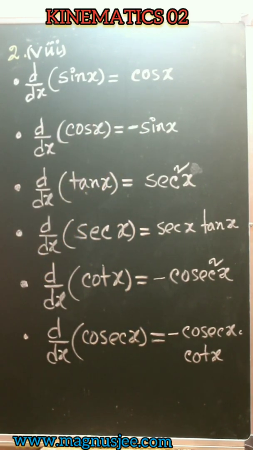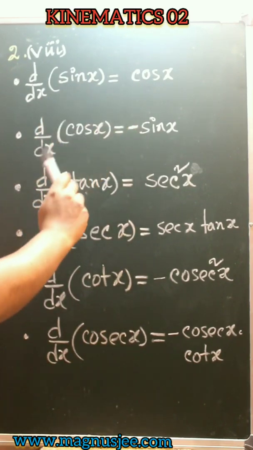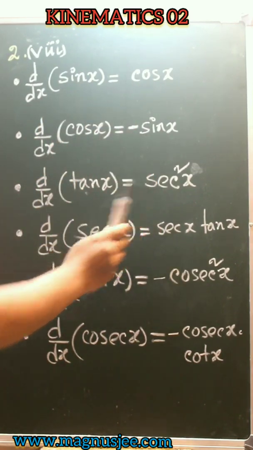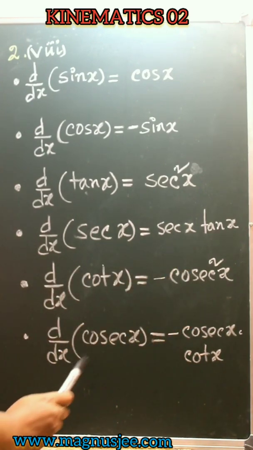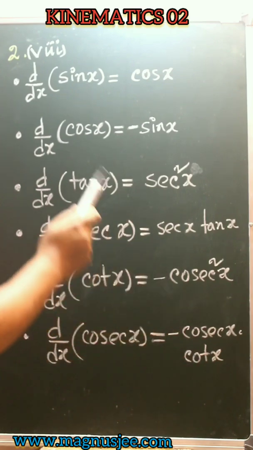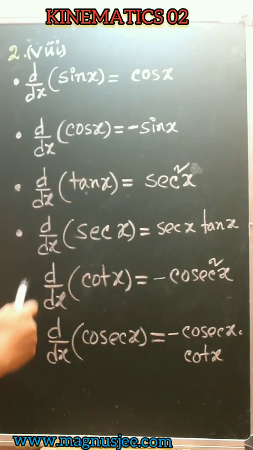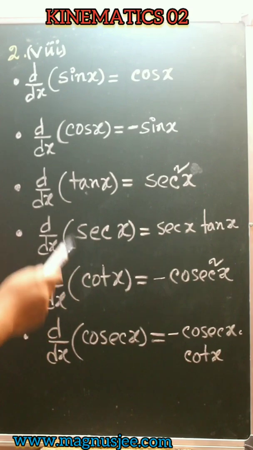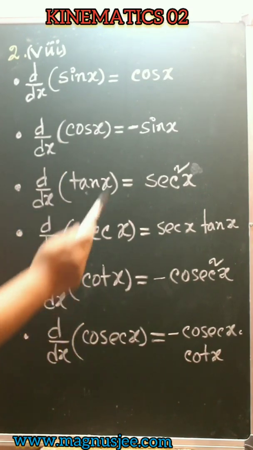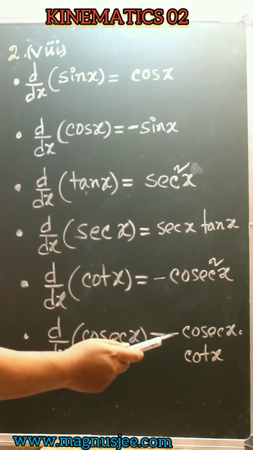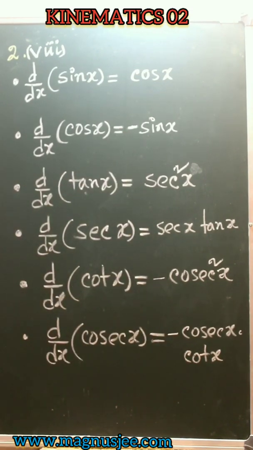And the important thing is, here we have a number of trigonometric functions. d/dx of tan x equals sec square x, d/dx of cot x equals minus cosec square x, and d/dx of cosec x becomes minus cosec x cot x. And we know that for cos x, cot x and cosec x, the first letter is c. That's why the differentiation of these trigonometric functions will be negative. d/dx of cos x is negative, which is minus sin x. d/dx of cot x is also negative, which is minus cosec square x.